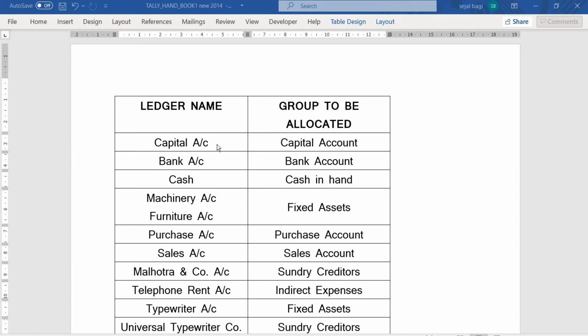Write down the ledger account name, then under which particular group it has to be allocated. For example, capital account, bank account, machinery account and furniture account, fixed asset, sales account, telephone rent account, indirect expenses. This way the first table has to be created.